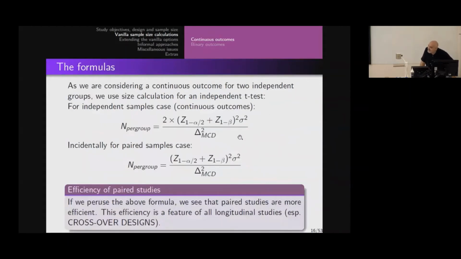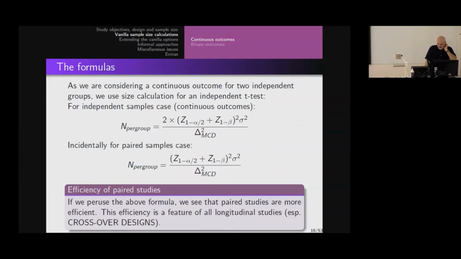So here's our first Greek letter formula. And I'm going to give you 2. I'm going to give you the case for 2 independent samples. I should really say that's a number of patients here. And I'm also going to give you it for the paired sample case, so the before-after type study where it's the same patient. But we're not even really going to talk about the paired case. I'm just going to concentrate on 2 independent samples. So there's no relationship between the people in the 2 samples. They are independent of each other.